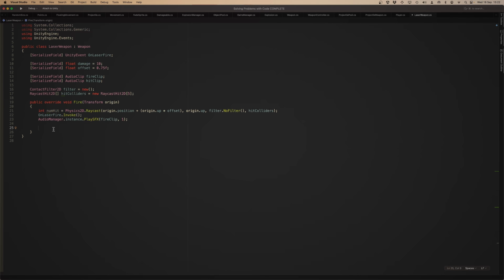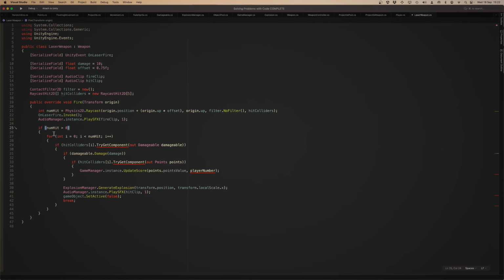So if numHit is greater than 0, if hitColliders collider, then it damages it, tries to get the points, and it will pass in the points value. I need to change that to player.number,